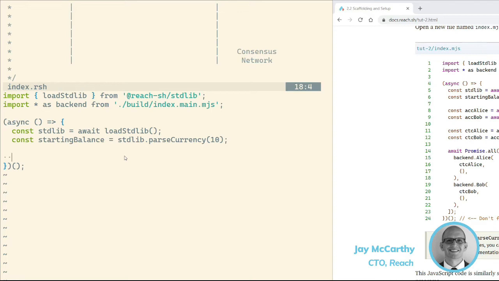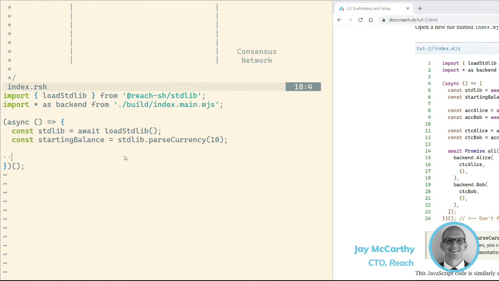So similarly, each blockchain has a different notion of what the real currency of the chain is. So for example, on Ethereum, people know about an ETH, but an ETH actually isn't what you transact in. You really transact in what's called a WEI. That's a WEI. And I think that a WEI is like 2 to the negative 18th of a single ETH. And similarly on Algorand, you don't actually use algos, you use microalgos, which are like 2 to the negative 6